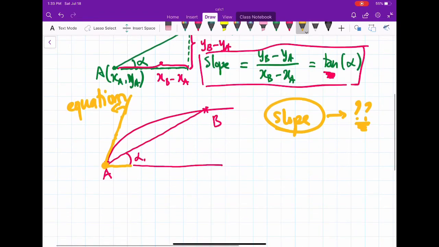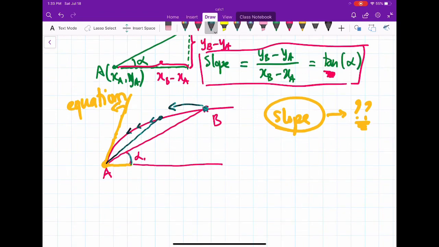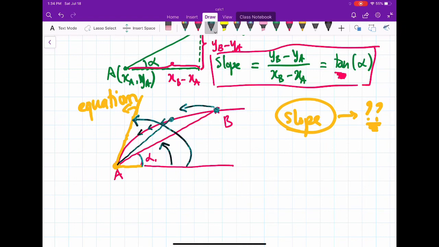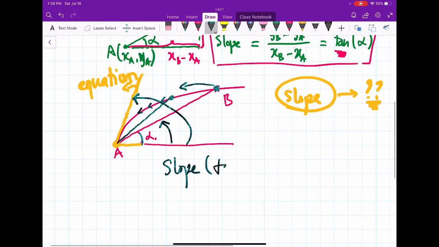Imagine that our point B is running along the curve. Let B approach A this way. Each time B is closer to A, I have some secant like this, right? Of course, when B runs, the angle also changes, and the slope also changes. But you see, when this point is approaching A, the angle alpha is also approaching this angle, right? So the slope of the tangent line